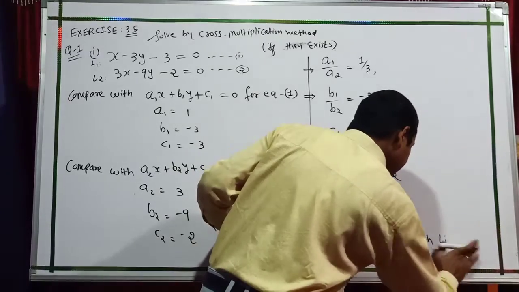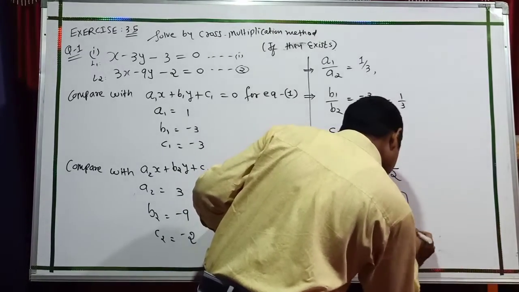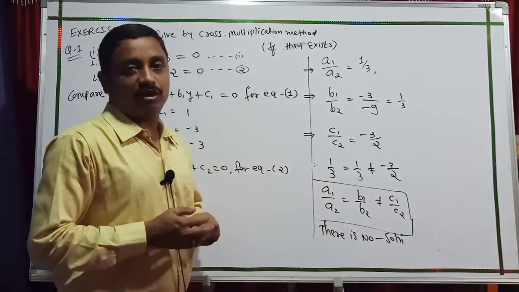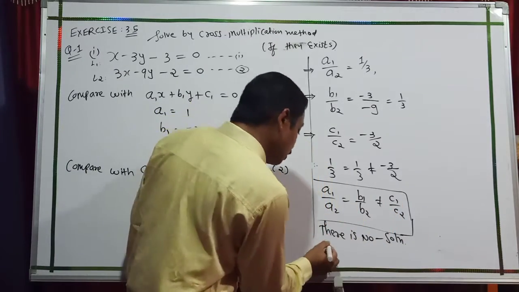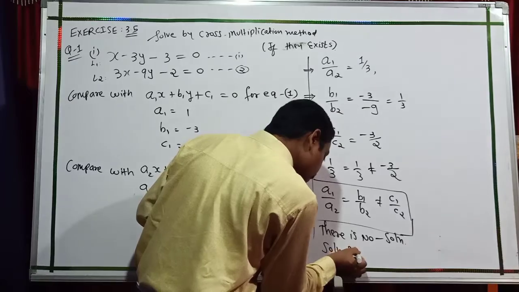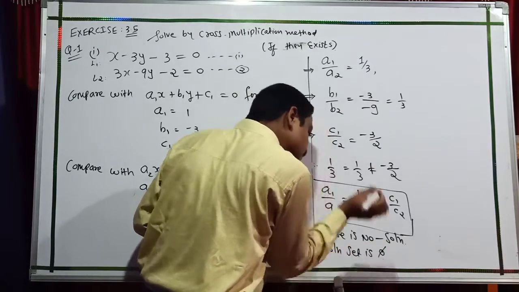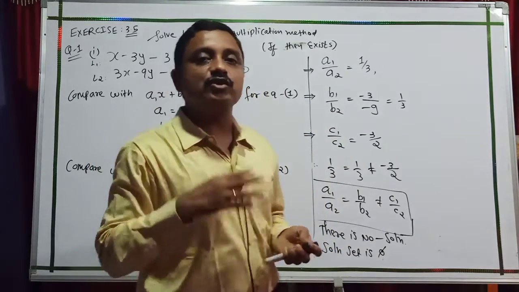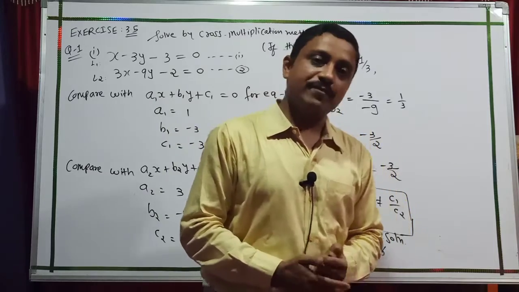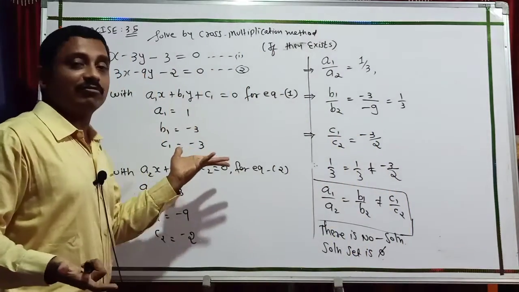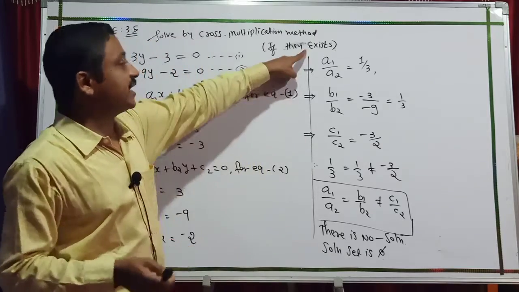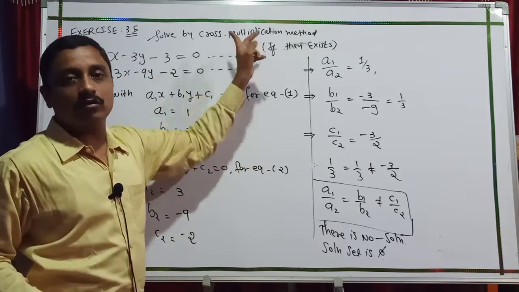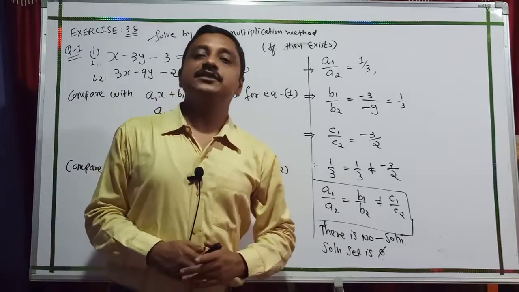It means, students, finally here you write down no solution, because the lines are not given in the required form. So I only write down there is no solution. If you are asked for the solution set, it is the null set. Sometimes the solution set is asked. Okay. So here the numerical is not calculated further because there is no solution. If a solution exists, then I show our cross multiplication method.